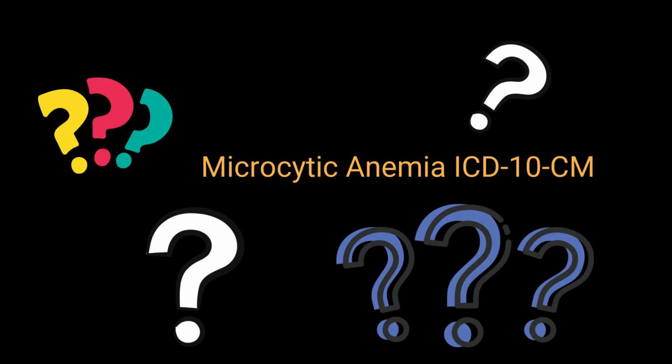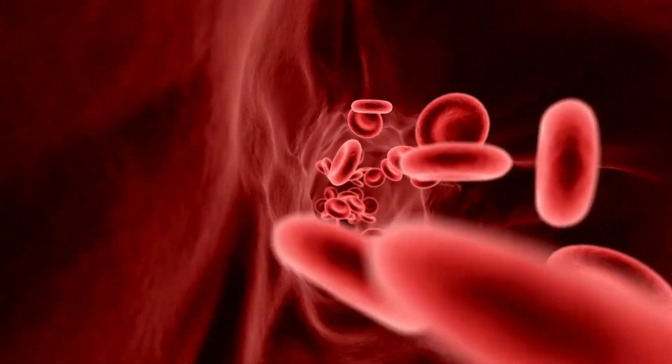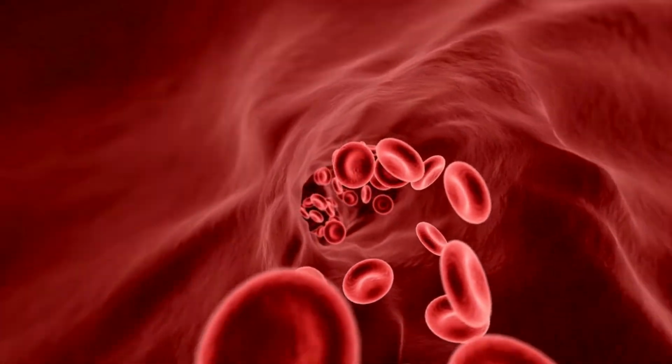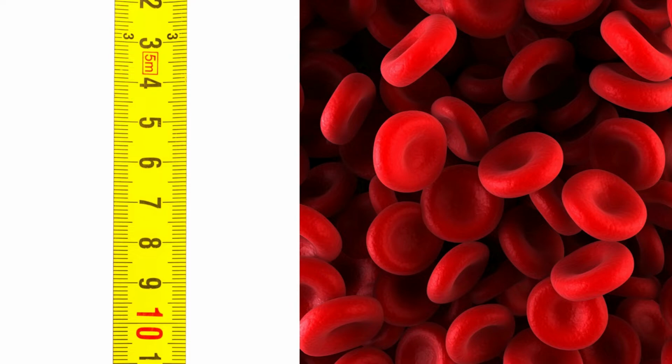Microcytic anemia ICD-10 CM is usually referred to as an iron deficiency, and it's coded also as D50. It refers to the type of anemia that's characterized by small red blood cells. Blood cells can be measured, and if they're too small, we would say they are microcytic, which is a type